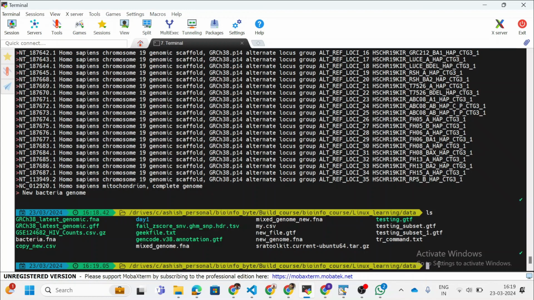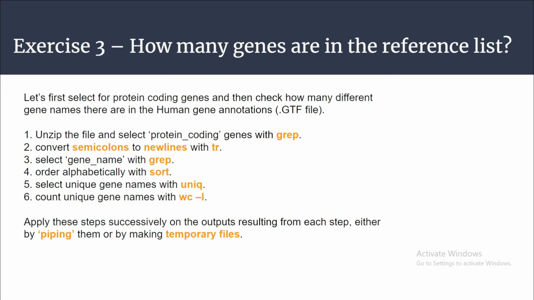Okay. Now we are going to solve the exercises one by one. So what was the first exercise? Unzip the file. We already have the file, and now we need to select the protein coding genes with the grep command.